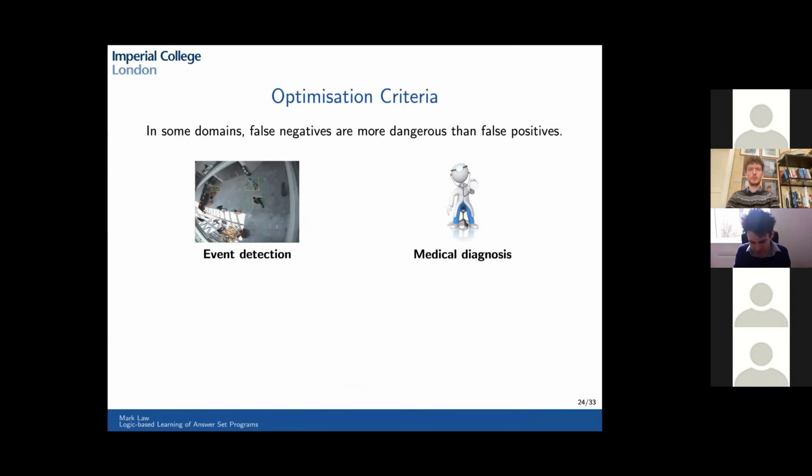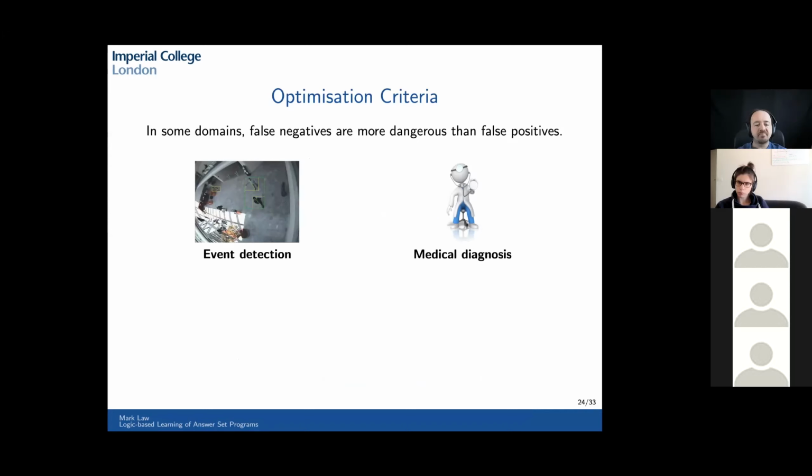What I mean by this is when we're trying to choose between 2 different hypotheses, what measure should we use to choose? So I introduced a scoring function before where we were balancing the length of the hypothesis against the penalties of examples that weren't covered. And that's the usual optimization criteria within ILASP. We may want to use other optimization criteria, and this optimization criteria may even be domain dependent.